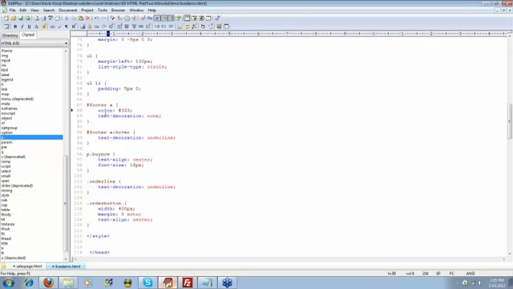Number one, you're to cause the color of the text to be this dark gray. Number two, you're to remove the default text decoration of underline and set it to none. So basically cause the link to be this dark gray color and then remove the underline with the text-decoration property,